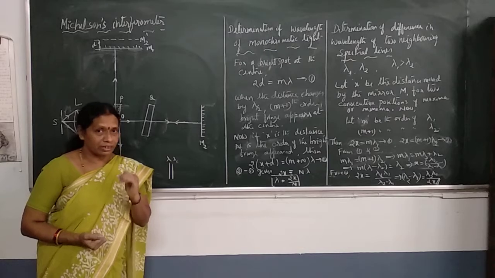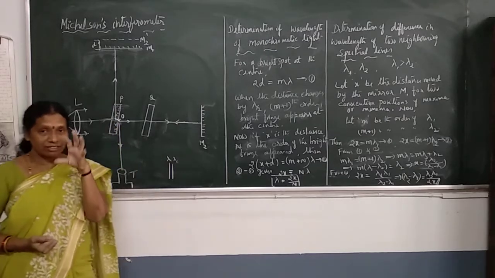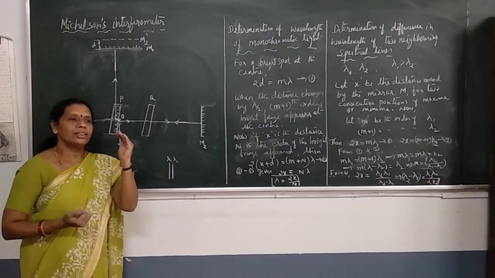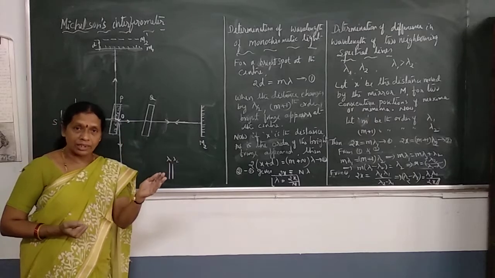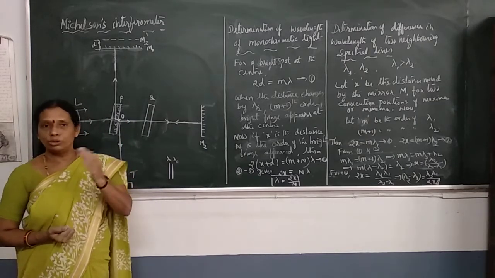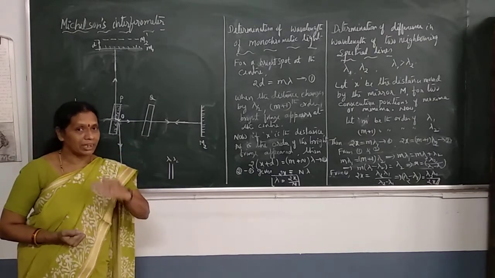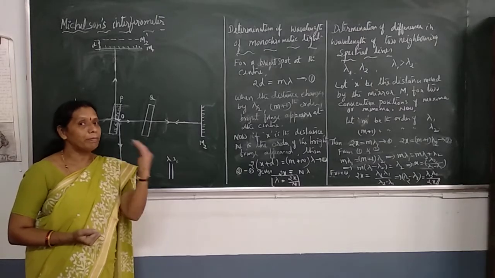Complete distinctness means the fringe pattern is completely bright, that is, the bright fringes due to lambda 1 fall on the bright fringes due to lambda 2. This overlapping results in maximum brightness.